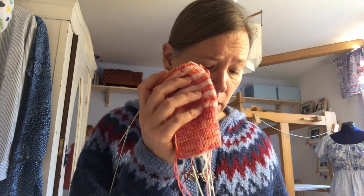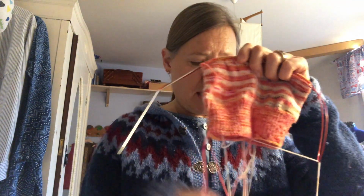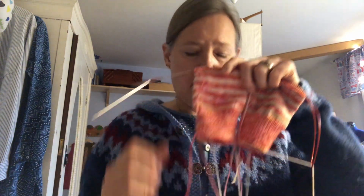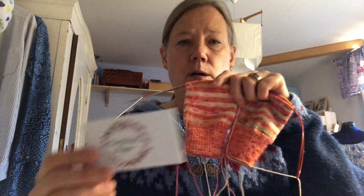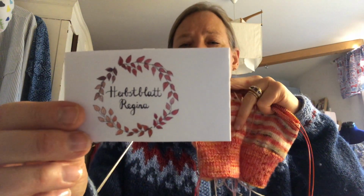It's now the 3rd of February, so that didn't really work out, but I was going on. I was doing a lot of sock knitting before Christmas, so I thought, well, I'll just go on with that. These ones are made out of a yarn from Herbstblatt Regina. It's her Hazel Soft Sock, fingering weight yarn. The orange one is called Candy Corner, and it's wool and polyamide 80/20,